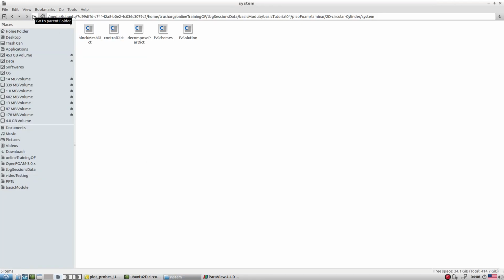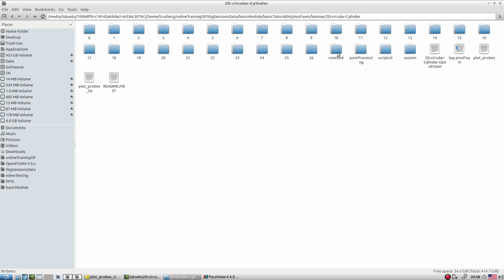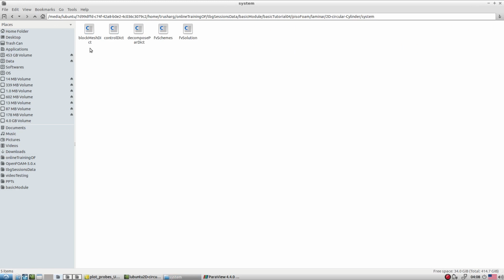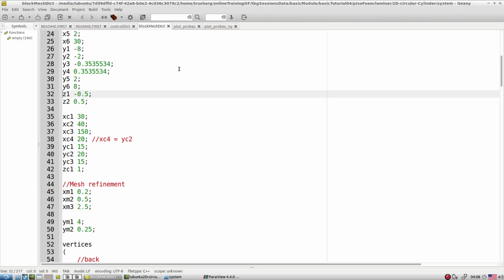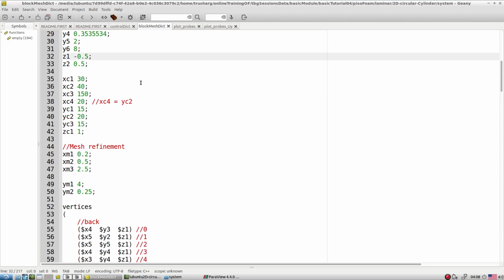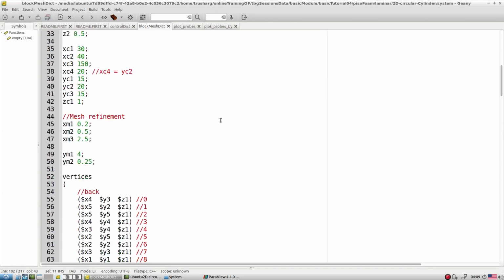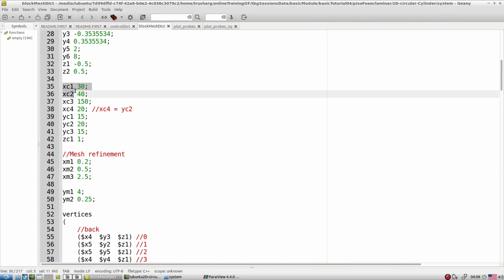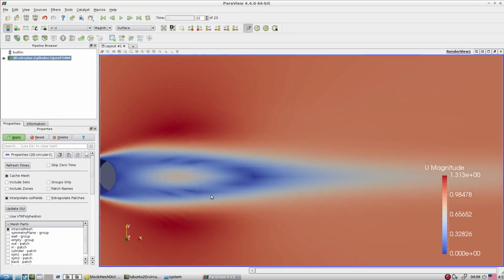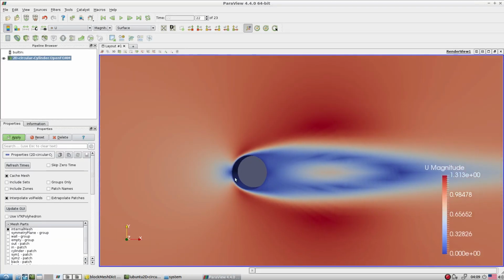We are right now dealing with the flow over a circular cylinder, but what I want from your side is something like this. You take this block mesh file. Right now our mesh is very coarse, so try to refine the mesh appropriately, so that near the cylinder you get 10 to the power minus 3 as a fixed cell size.